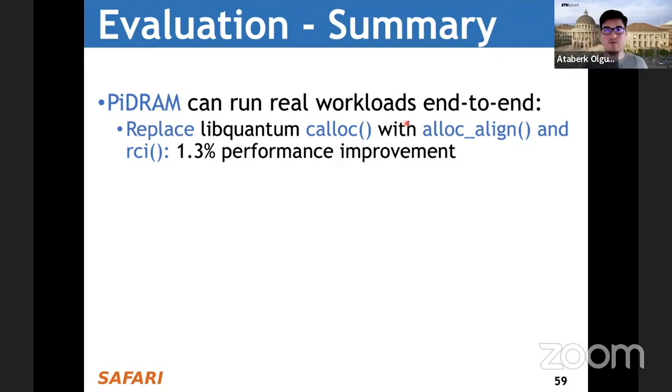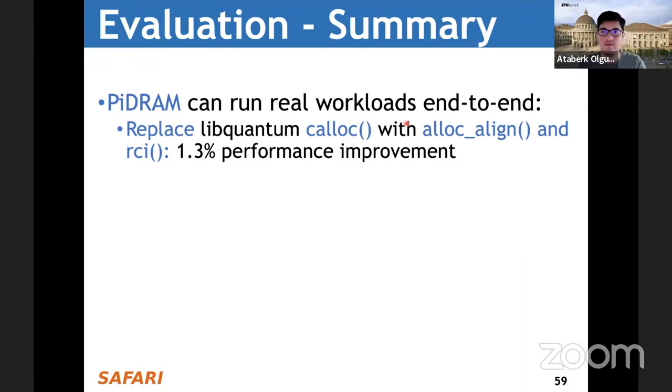Some of you may know that calloc is used to zero allocate some data. The difference between malloc and calloc is that malloc just allocates you some data, and calloc allocates it first and then makes sure that data is initialized with zeros.